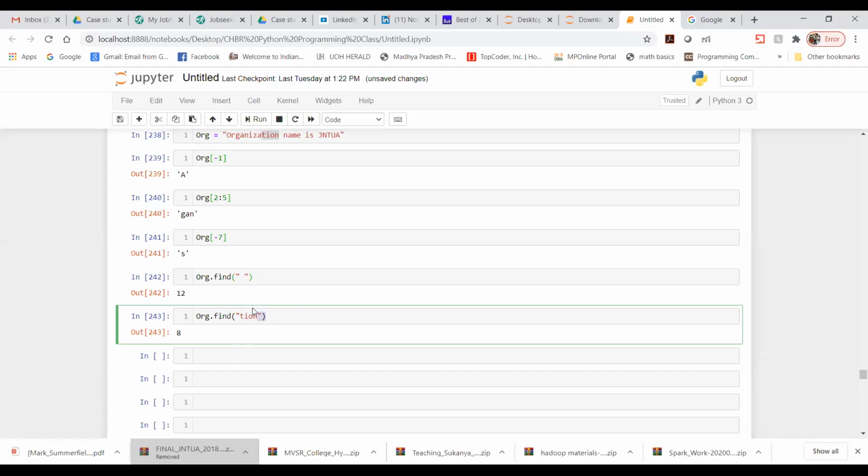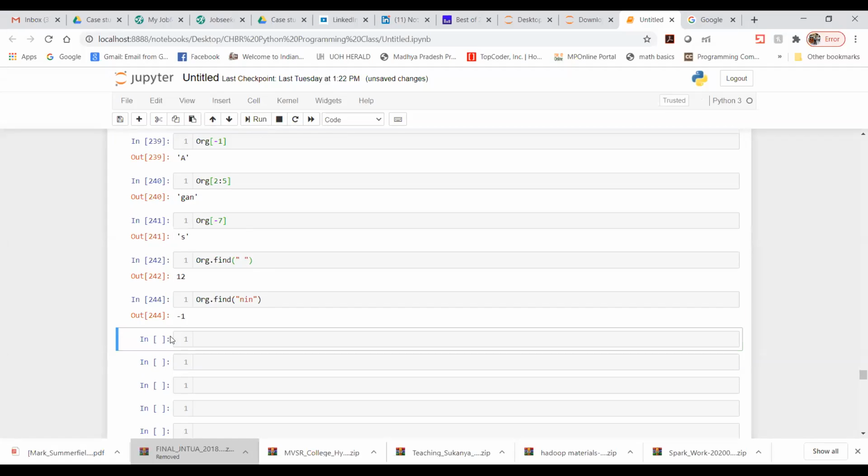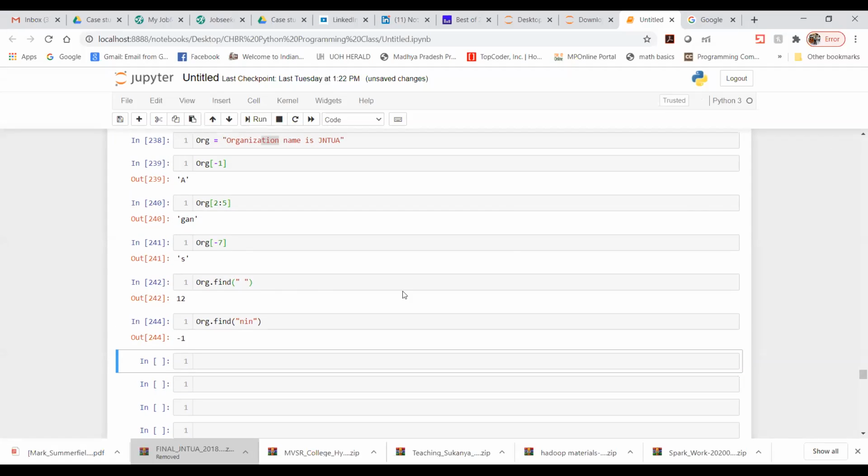Suppose I wanted to search something which is not present already. I just need to find NIN. That is not there in our string.